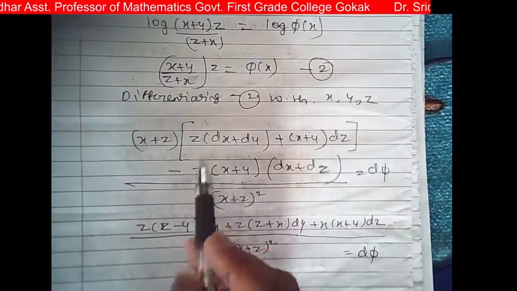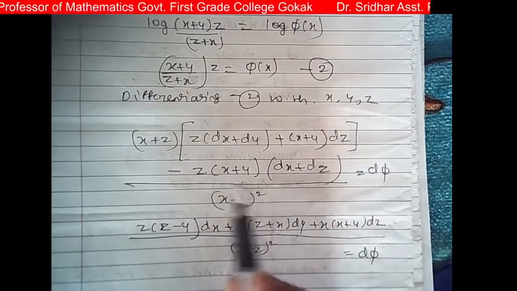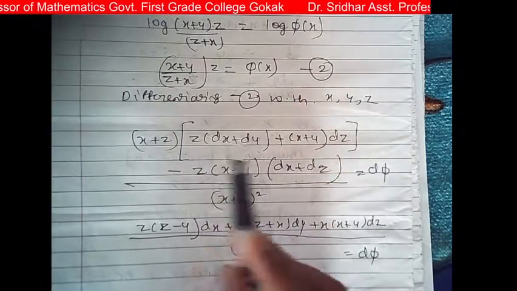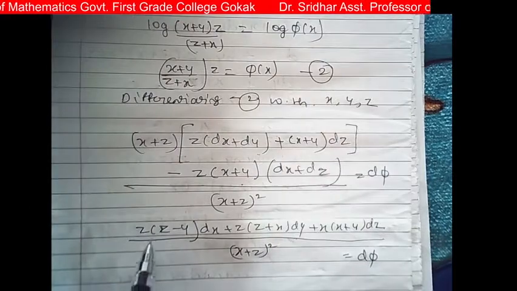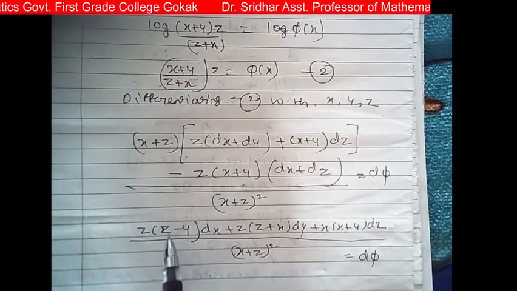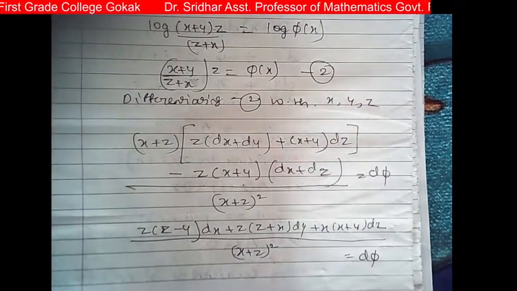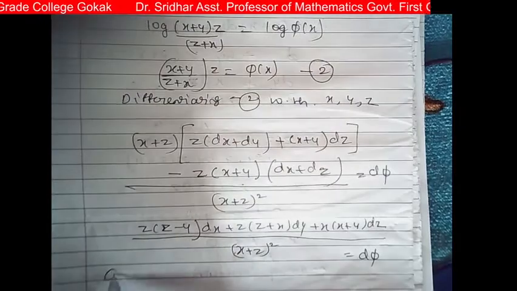Now simplify this. You just multiply all those things, multiply with this and multiply with this, and you will get this form, which is the given equation. So d phi is equal to, now comparing this equation